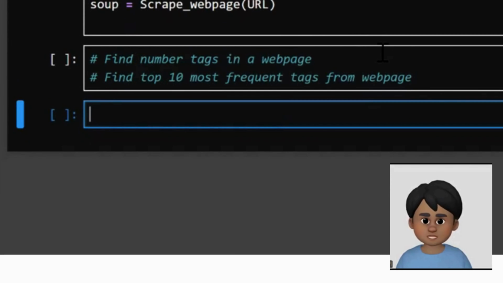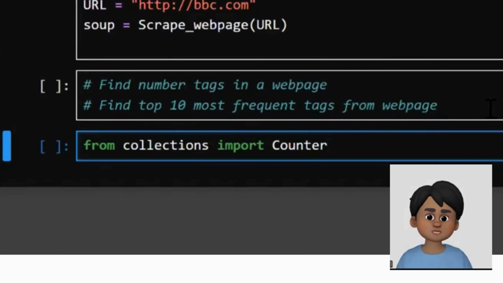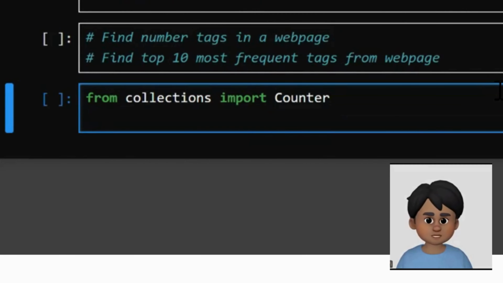First, we need to import Counter from collections, because we need to count them. We call it tag names as a variable, and before starting this, first we check soup dot find